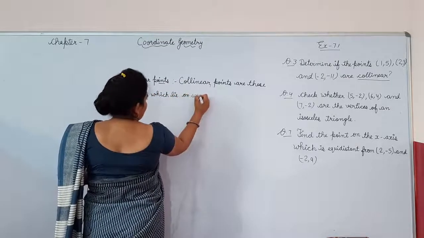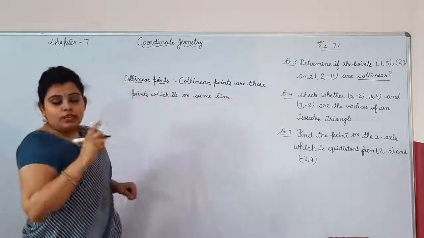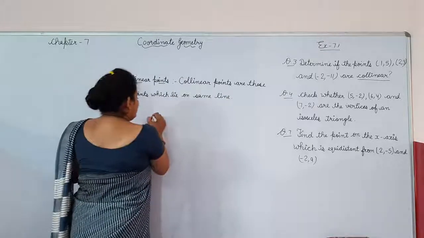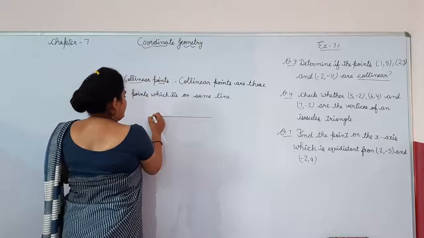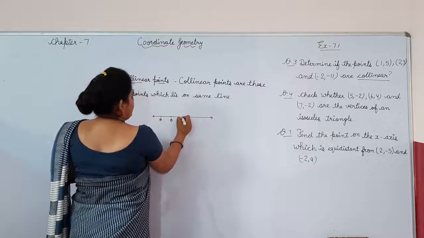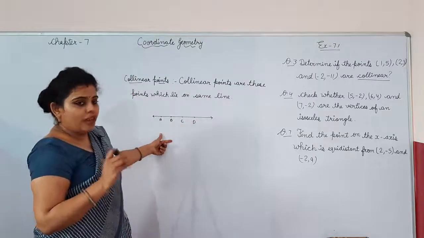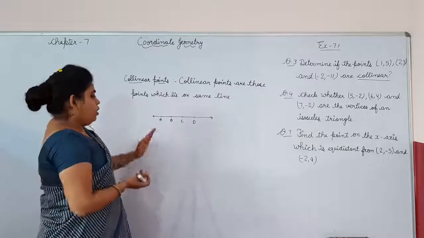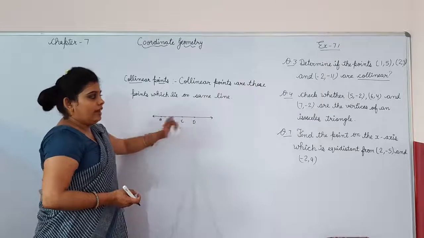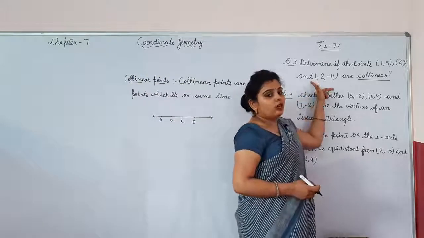Same line. मीन्स ऐसे पॉइंट्स जो सेम लाइन पे लाई करते हैं उन्हें हम कॉलिनियर पॉइंट्स कहते हैं. Suppose this is a line, let A, B, C, D. As we know, infinite number of points can lie on a line and all these points are collinear which lie on a same line. Using this property, we have to prove whether these points are collinear or not.